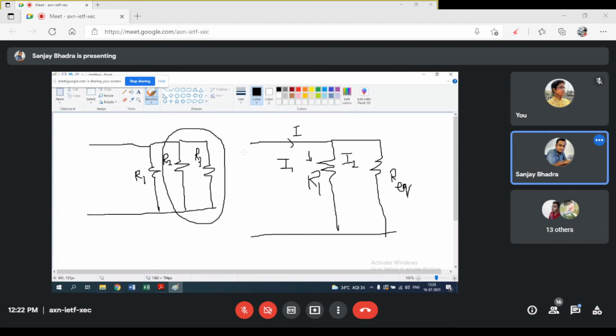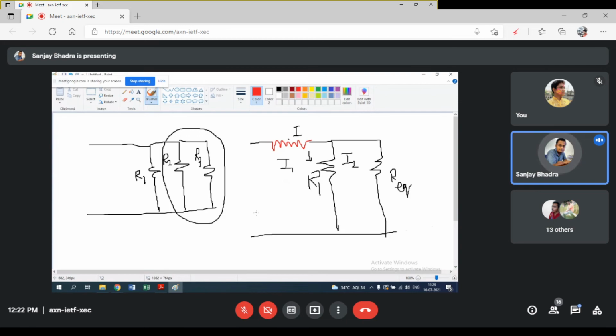Understood? This is clear. Yes, sir. Okay, but this is simple. But the problem is, did all of you understand this? Because if there would be a resistance in between, this will not be applicable. Is this part understood? If you have a resistance in between, this will not be applicable. This portion you understood though?